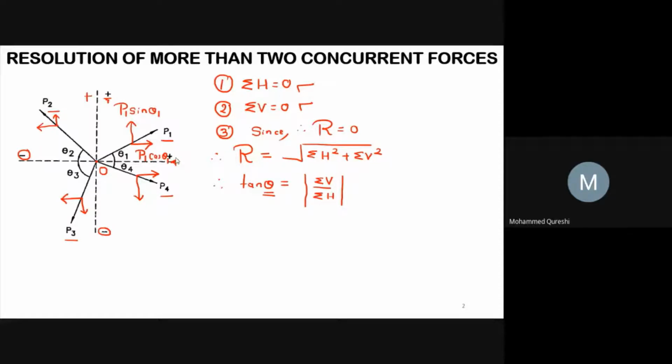So by checking positive or negative, we may go for the resultant. We may judge whether the resultant is lying in the first quadrant, or in the second quadrant, or in the third or fourth quadrant. In this way, you can check whether your resultant will be in the first, second, third, or fourth quadrant.